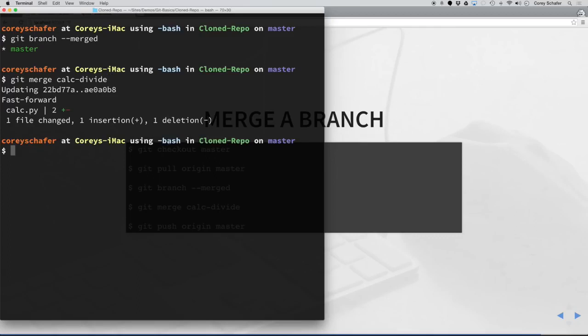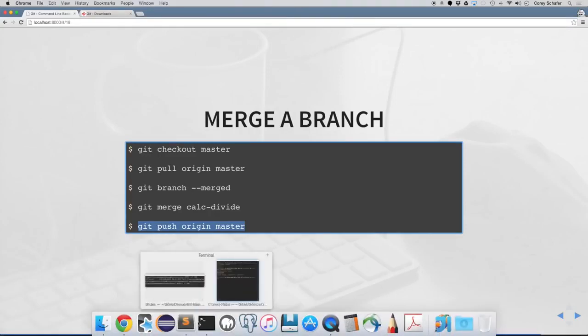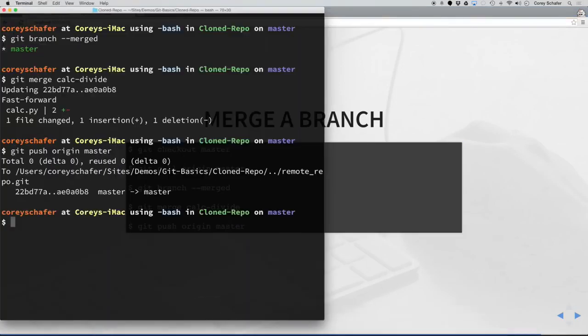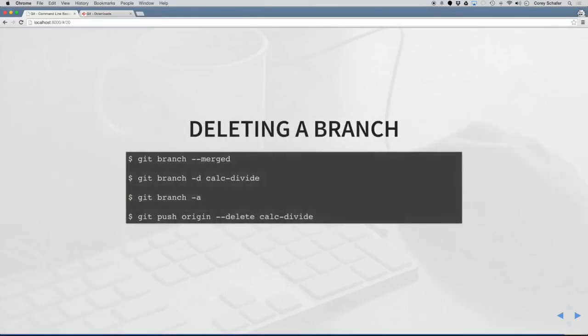Now that I've merged those changes into the master branch, I can push these changes to our remote master branch by doing a git push origin master, just like we did before. And now those changes have been pushed to the master branch on the remote repository. So now that we have finished merging those changes from calc divide, that feature is done and we're ready